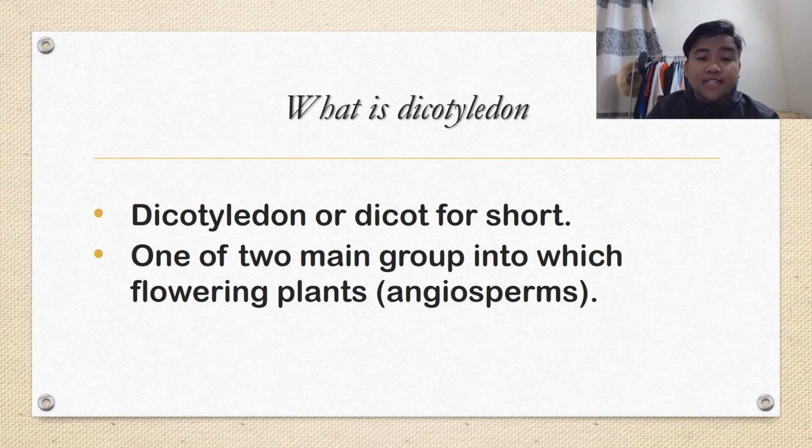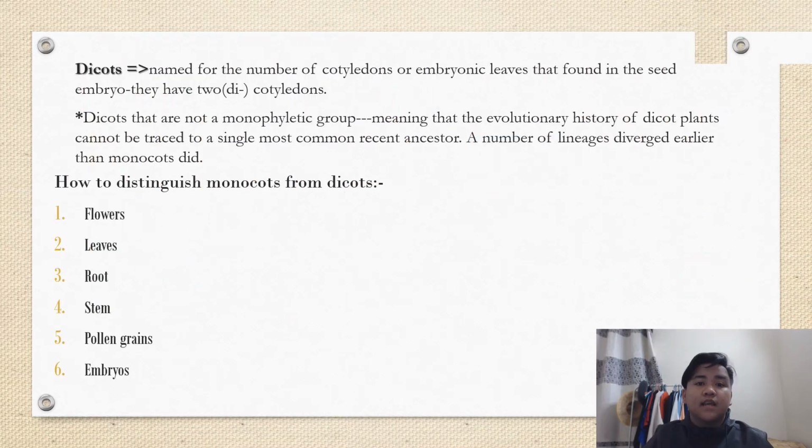Okay, so let's continue with dicotyledon. What is dicotyledon? Dicotyledon, or dicot for short, refers to one of two main groups into which flowering plants, which we know as angiosperms, are categorized. Dicots, as the name implies, are named for the number of cotyledons, or embryonic leaves, found in the seed. They have 2